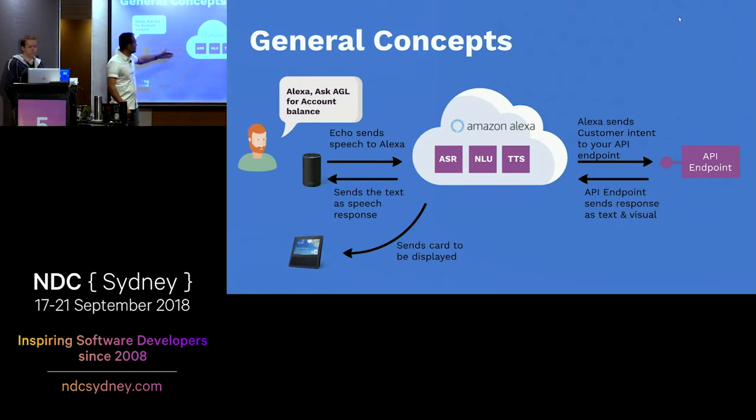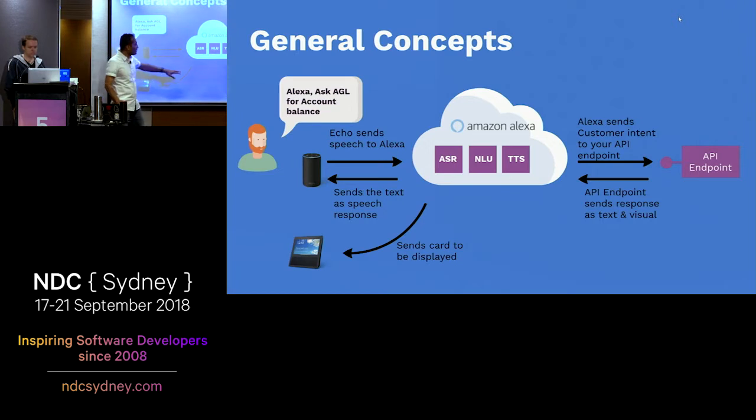So when the request comes in through Amazon Alexa, it sends the customer intent to the API endpoint. If you've got your own API, an HTTPS endpoint, it'll send it across to that endpoint. This can also be a Lambda function. We'll see that in a bit. It sends it to the API endpoint, and then you send the response back. When you send the response back, you basically send the text that you want to be read out to the customer,